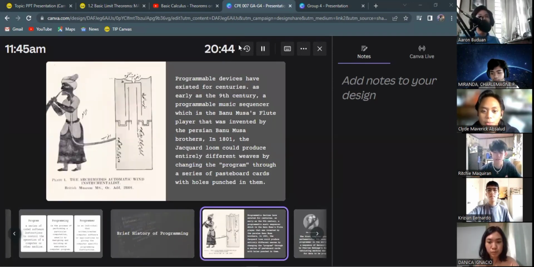So our takeaway from our presentation is, even if programming dates back to the 9th century, the innovations over the years are what make it more amusing and fascinating, as it gives us everyday new learnings and discoveries. It teaches us to grow and adapt in many ways for our everyday living and makes us a better person